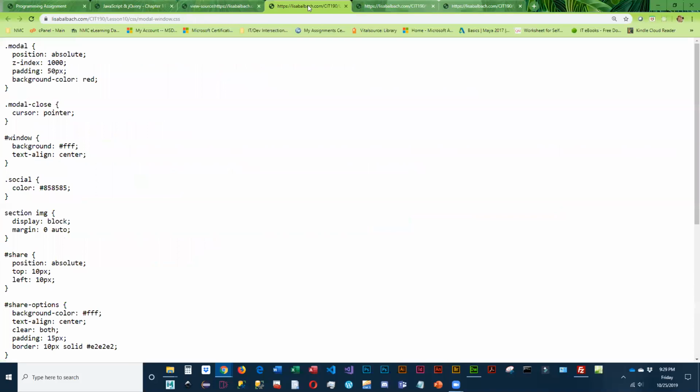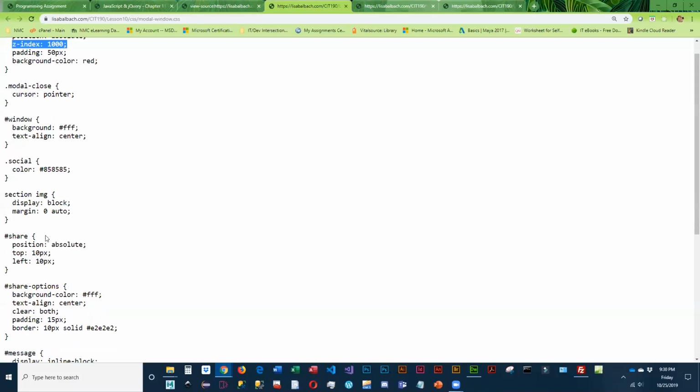First, I am going to show you the CSS for the modal. And you can see that it's got an absolute position. This is a little overkill on the z-index, but I definitely want to make sure it's going to be on top. I probably could have just set it to 1 or 10. And then I've got some padding and did my background color. For the close, which in this case is an actual button, I'm making the cursor a pointer. And then I've got some IDs that are styled